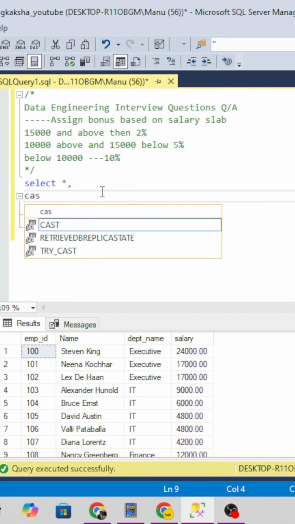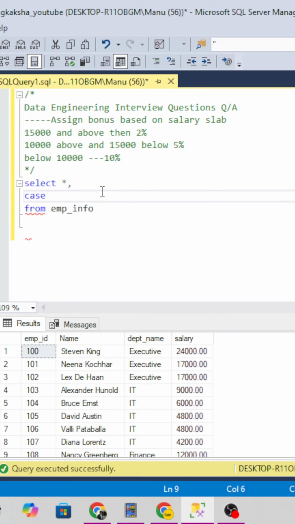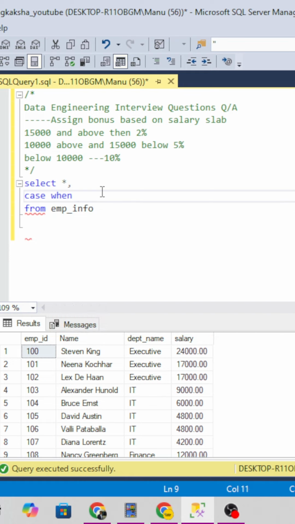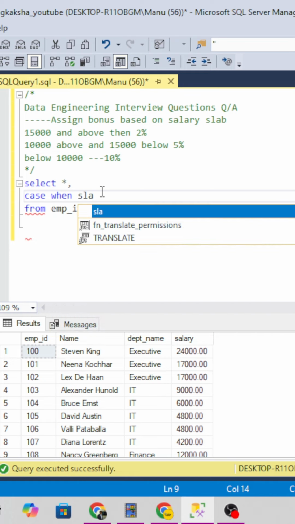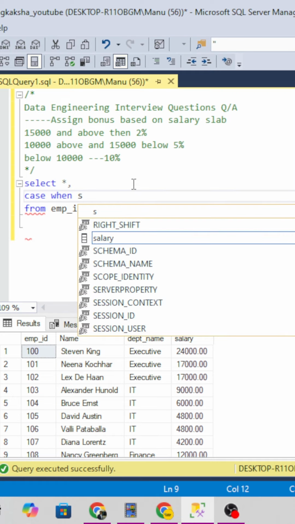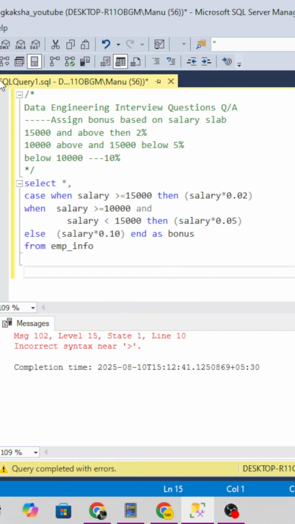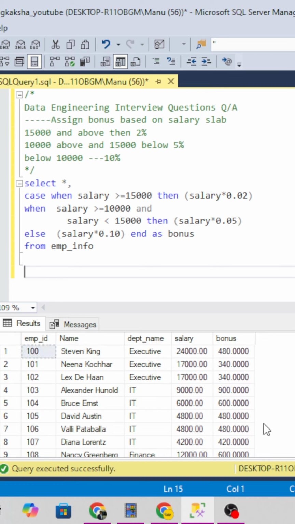First of all, there is a little trick which everyone used to get confused over here. I'll show you. We will use CASE WHEN salary, so we have to calculate the salary bracket. Let us do this. So we can see we are getting the bonus amount, but it's not the total